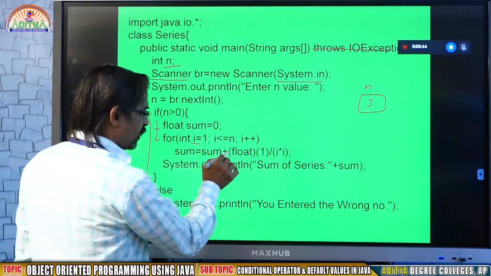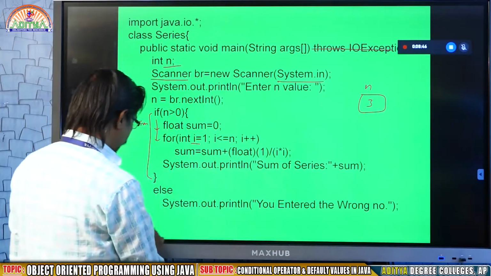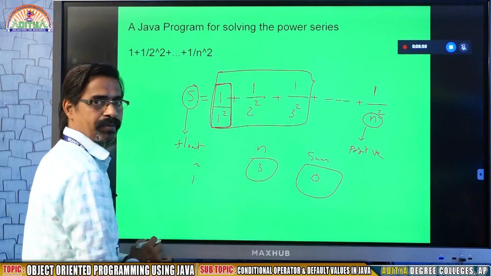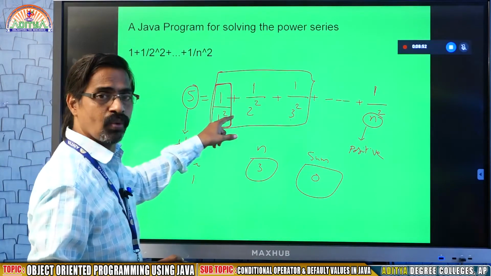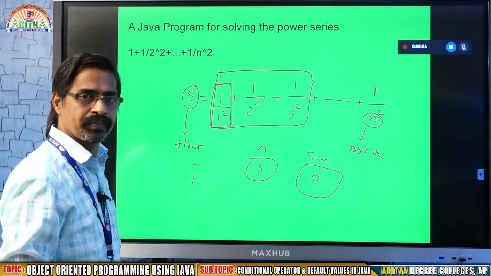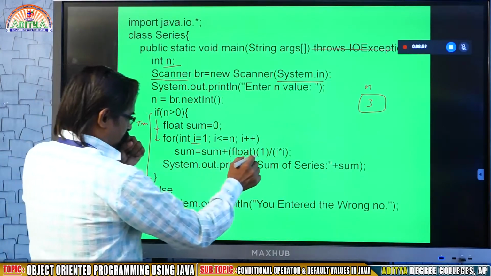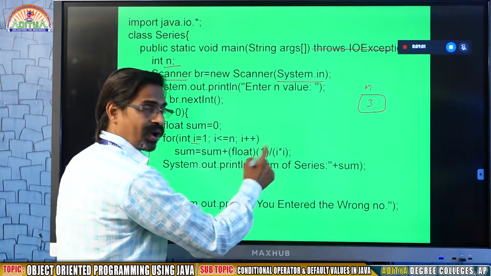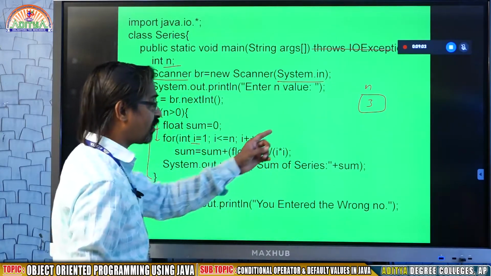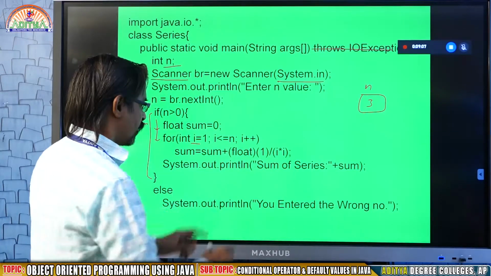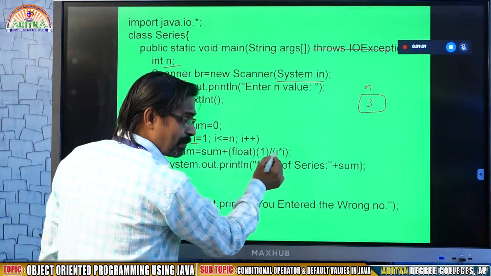Now come down. Here 1 by 1 square. What do I have to calculate? 1 by 1 square. How am I writing 1 square? 1 into 1. So 1 by i into i, because i is already 1. This will be calculated as 1 by i into i.